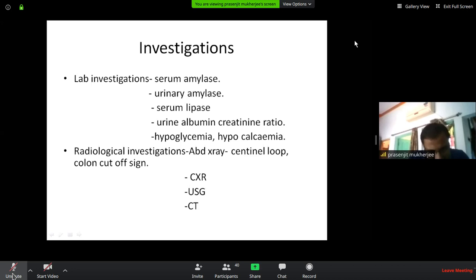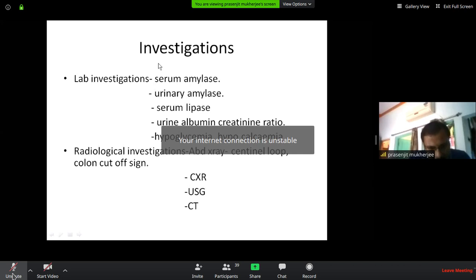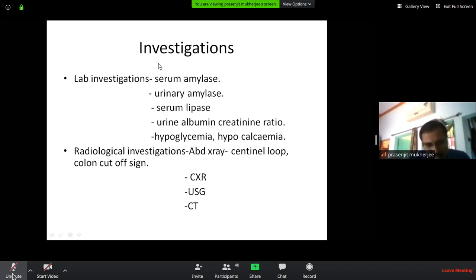So, if there is necrosis, that area will not take up any dye. IV contrast we are using dye with during CT scan, and that dye is not taken up if there is necrosis. But if there is no necrosis, the dye will be taken up. That means if the entire pancreas is taking up dye, we are dealing with a milder form of pancreatitis, that is edematous pancreatitis. If some part of the pancreas is not taking up dye, that means we are dealing with necrosis. And here comes the question of doing CT guided FNAC.